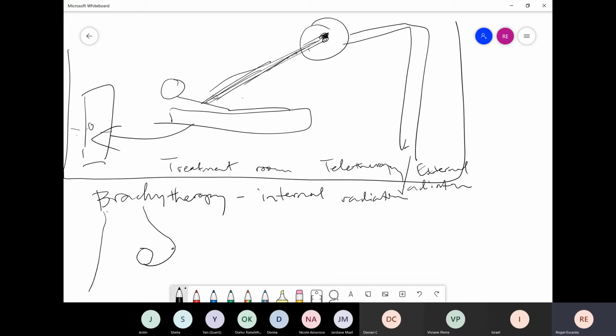Okay, so this is your patient. Looks like a dog, right? Okay, just imagine this is their head. Made it worse. Anyway,